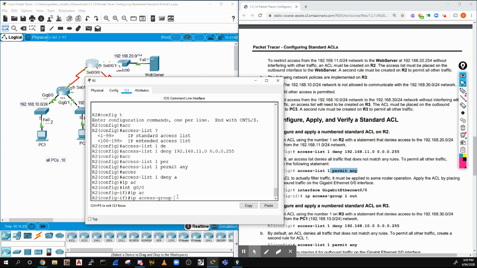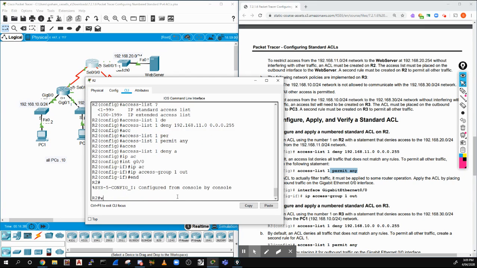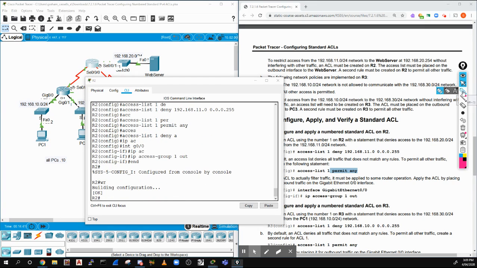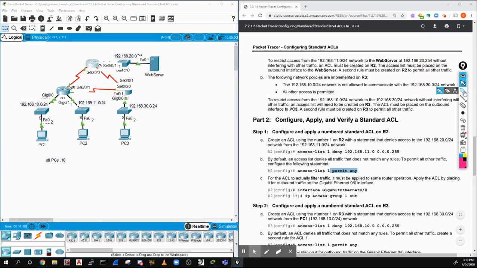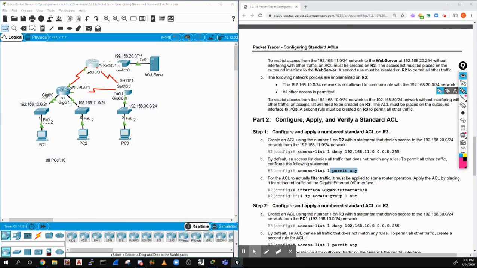And the access group has to match the list. So we can't put 2 in there because that doesn't match the number that we put for our access list. And we're going to type in out. Now, the in and out directions are probably the most confusing part of any access list. And the reason is this. If we go and look at the way that you apply this on an interface, here's our interface here,